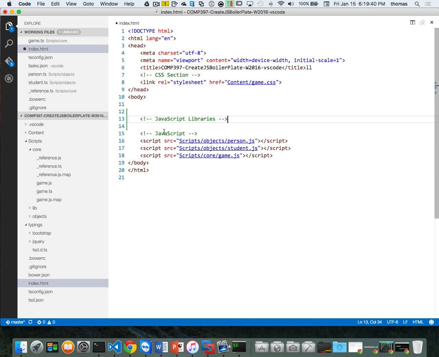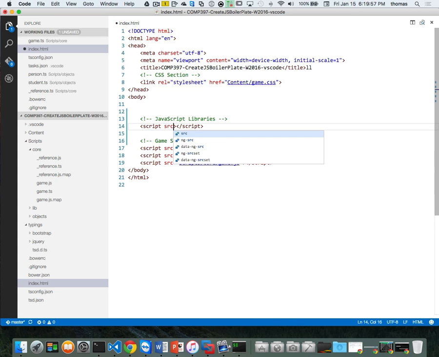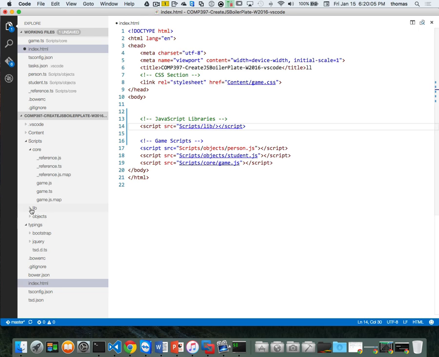And we'll call this game scripts. Because these are all my custom game scripts that I'm making. And these are all my libraries that I'm using. So here's my script file. Almost there, guys and girls. Source. So I want to get the gold, right? Scripts, and I want to go into lib, and then if I want to use Jquery, then I've got to go down into Jquery,